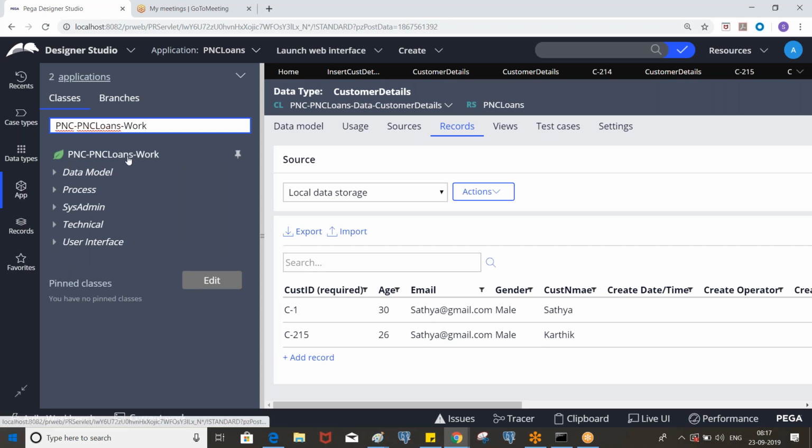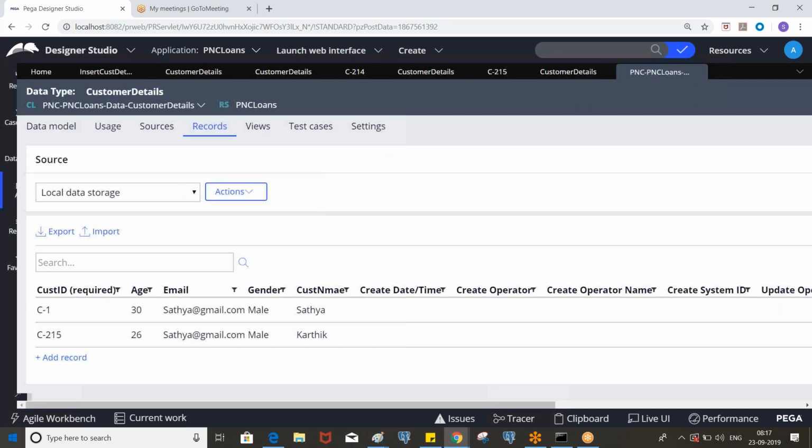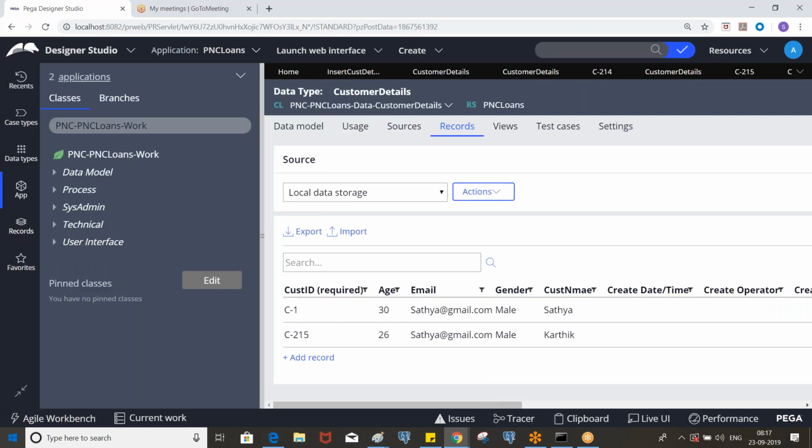Satya, in a project where there is no UI, is there a chance to see it as a flow? In most applications you will have the UI, but in some applications you do not.